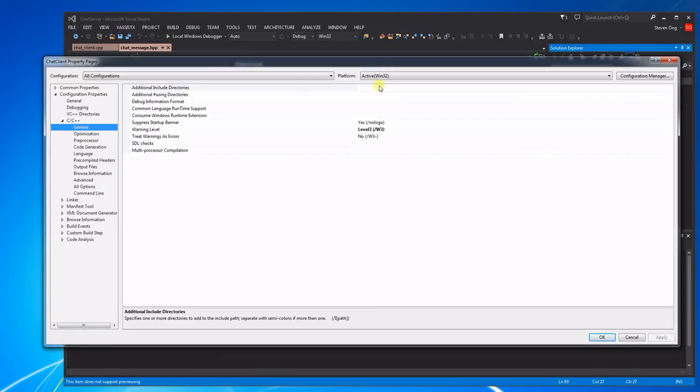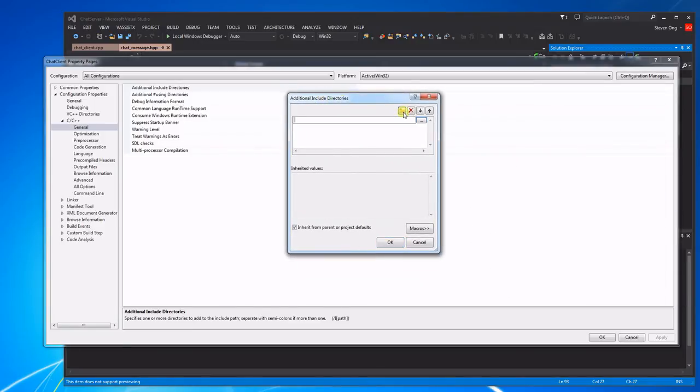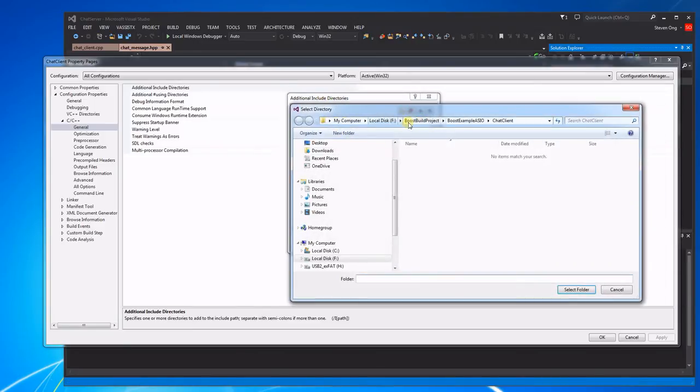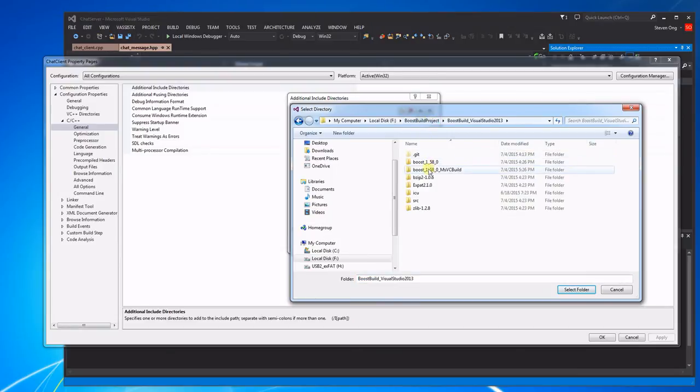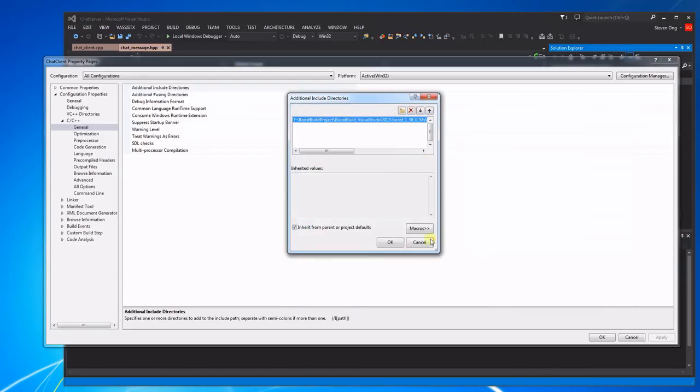Additional include directory. We will point to static debug include. Here we go. Select folder,